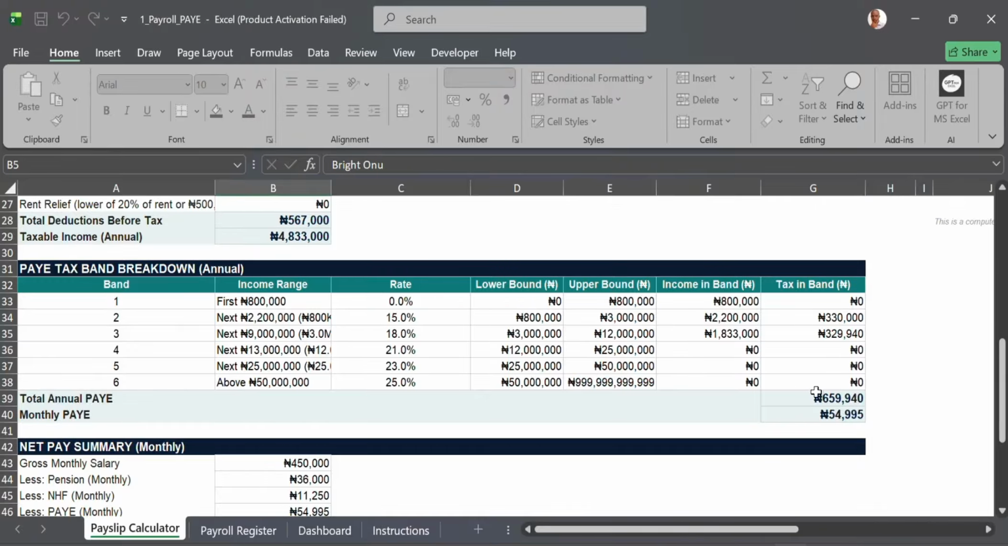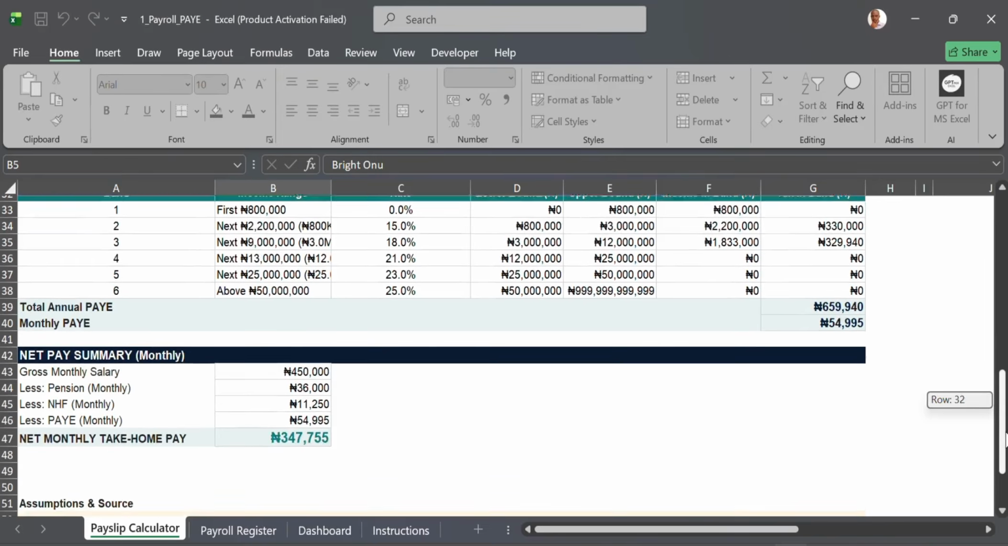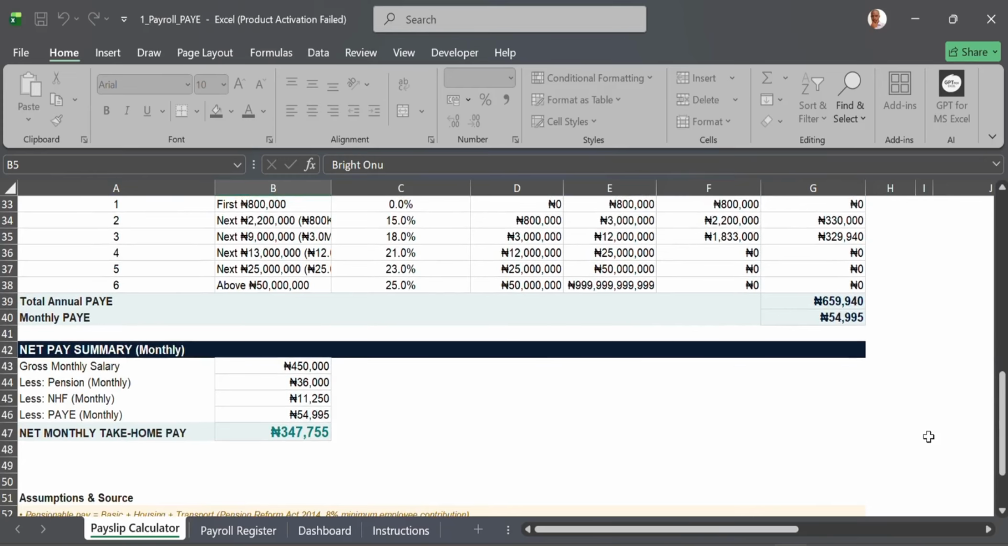If you look at here, it says total annual PAYE. That's what we have here, 659,940. Then if you divide it by 12, you get 54,995. So all these things are already computed for you. You really just don't need to do anything. Now, if you come here,